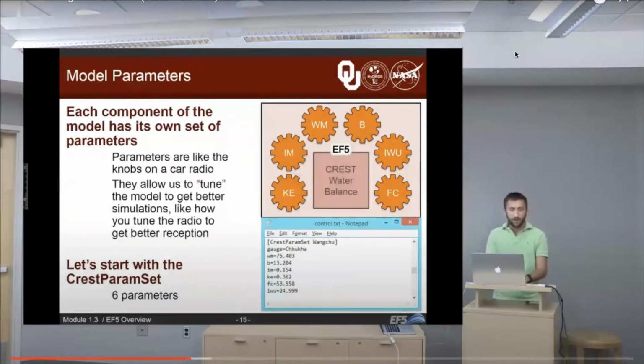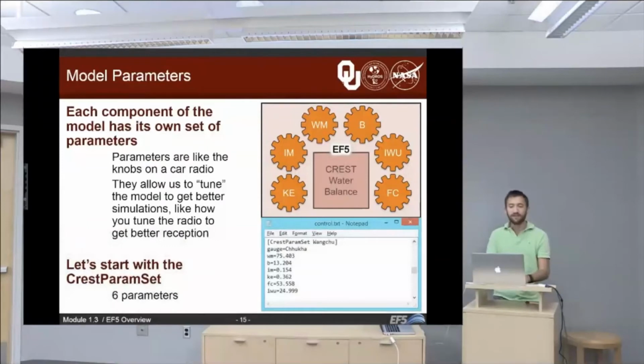We also have model parameters that we're going to start to discuss. Each component of the model has its own set of parameters. So that means there's a set of parameters for the routing, and there's a set of parameters